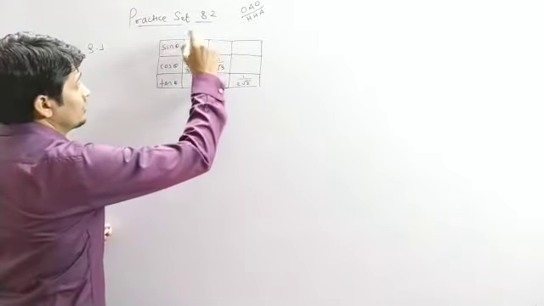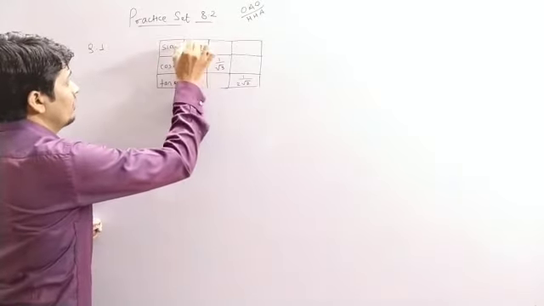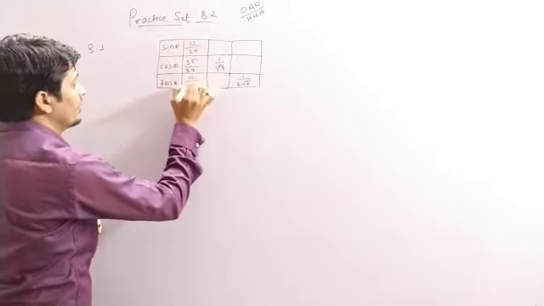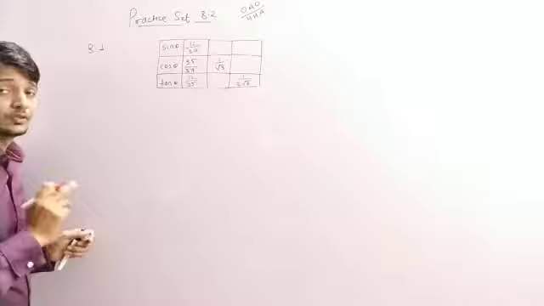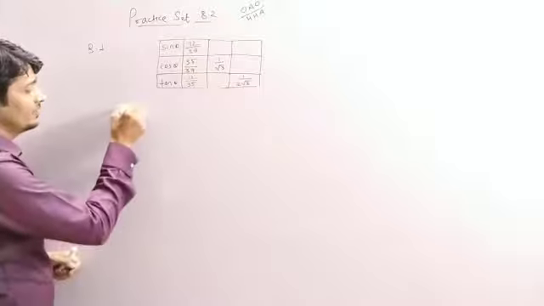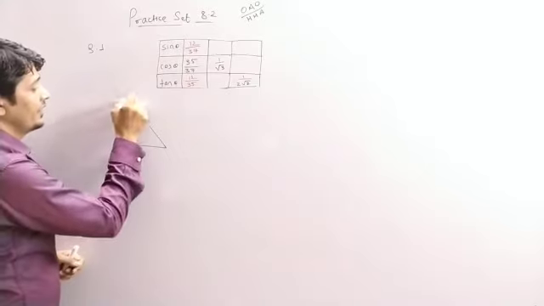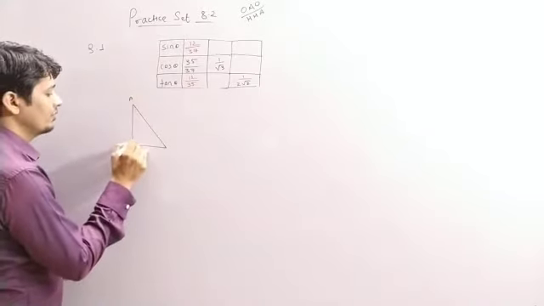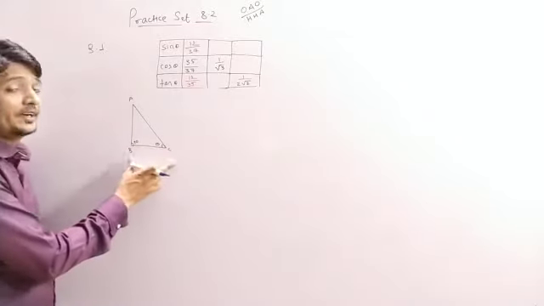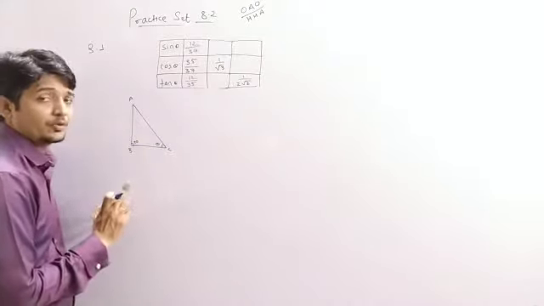So here sin theta we have got 12 divided by 37 and here we got 12 divided by 35. That has already been solved. Now we will solve the second one. Again the same thing that we applied in the previous example. So this is A, this is B, angle B is 90 degrees and angle C is theta. This consideration part you have to write for each individual question.